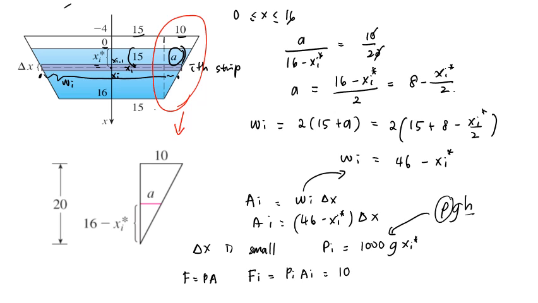That will be 1000 times g times xi star, and the area is 46 minus xi star times delta x. And of course this is for just one strip, but if we want to find the total force acting upon the vertical surface from 0 to 16, we have to add them up. So taking the limit